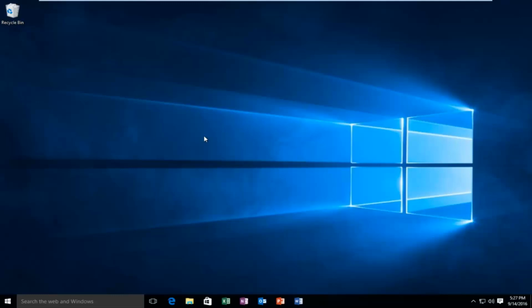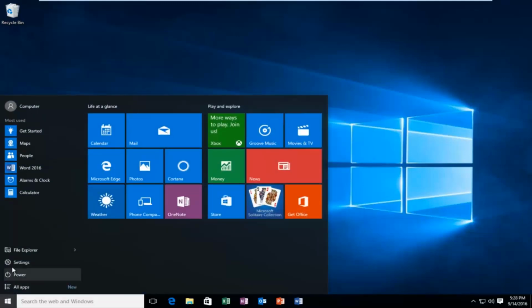There's a variety of different ways to do it, especially if you're installing an application for the first time. It might prompt you if you want to make it a default. However, we're assuming that you've already gone through that process and now you have second thoughts or you want to change the default program. So we're going to head over to our Start menu and we're going to go underneath